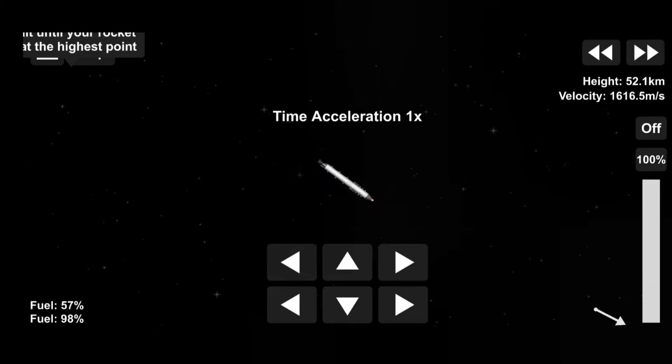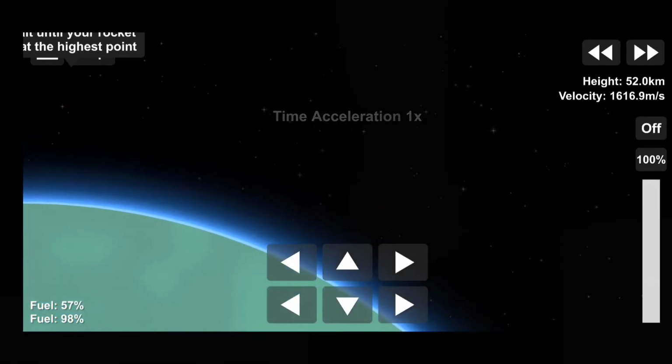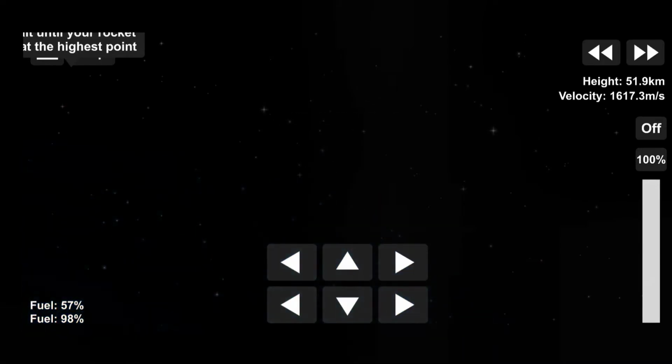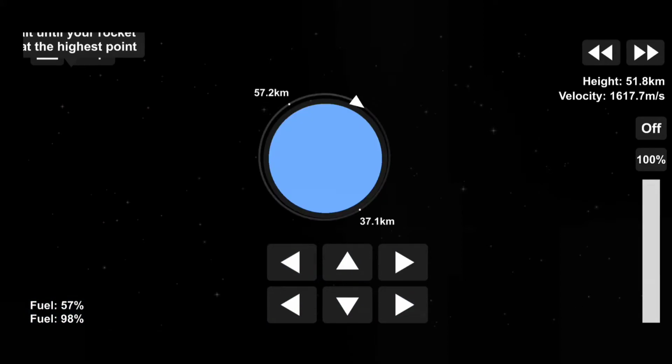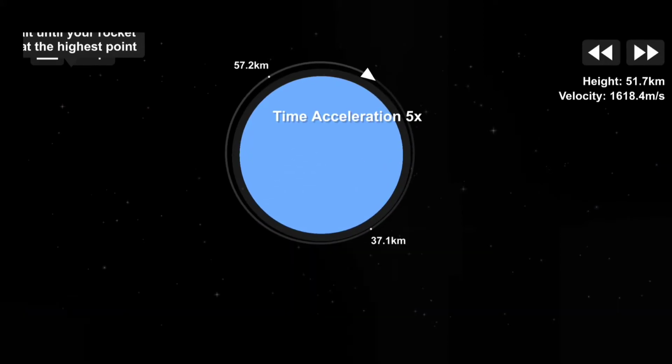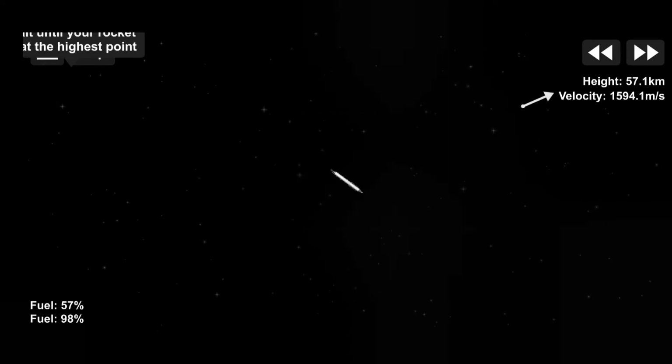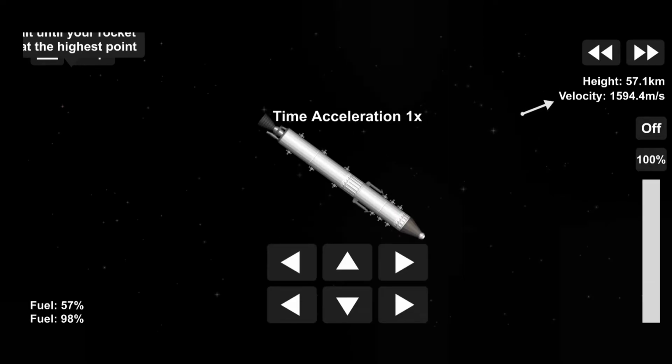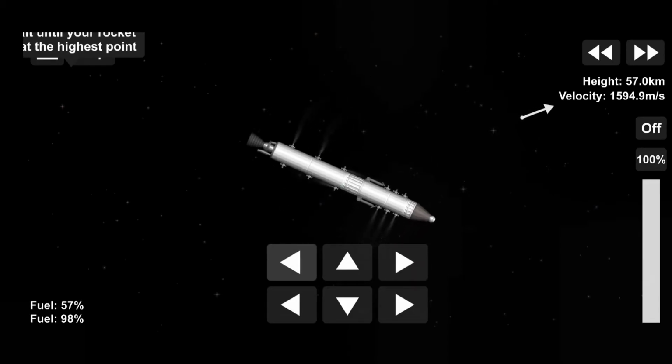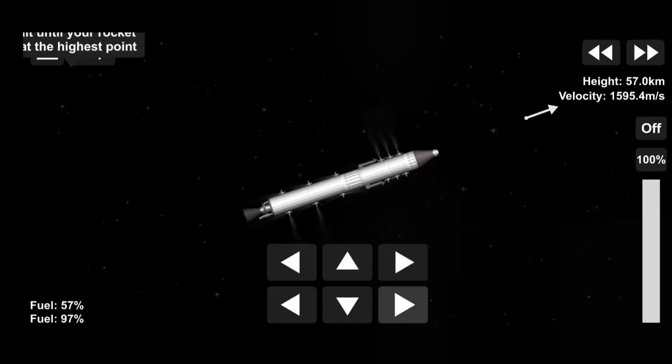Now we are in a stable orbit around Earth. Now we'll try to increase the orbit and reach a higher orbit and eventually wait for the collision with the Moon. The collision of the trajectory and eventually the collision of the rocket with the Moon, as we're going to crash on the Moon. I'll let you enjoy the footage right now, and I'll tell you more about the rocket when the time comes.